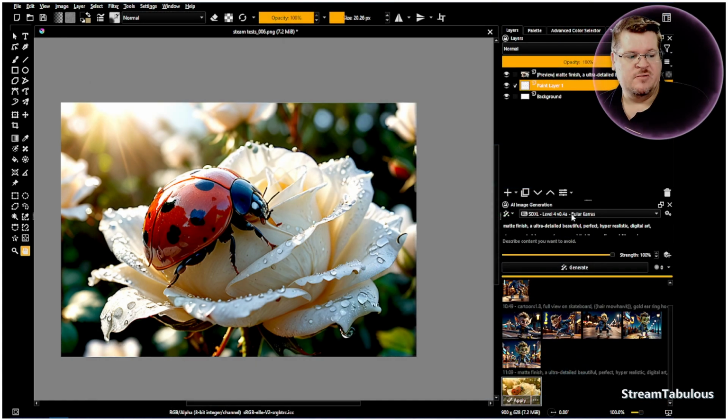Here we are on level 4 with the Eulocaris, and I'm using what I call the macro bug prompt. It is a photography prompt, and you can change the word from ladybug to bee or whatever you want, and generate fantastic results. It's one that I use to test out models, and specifically, zoom is a hard thing, and I still find with both level 4 and the ColorFul, zoom is a very hard thing to control,